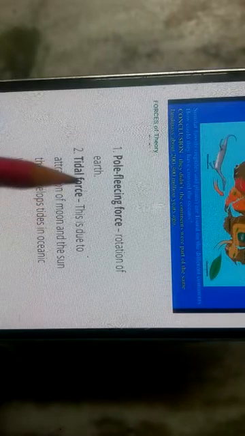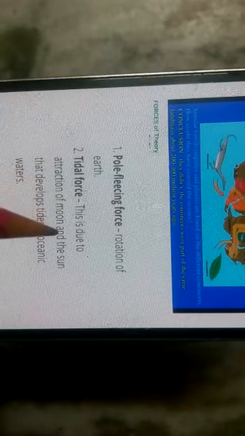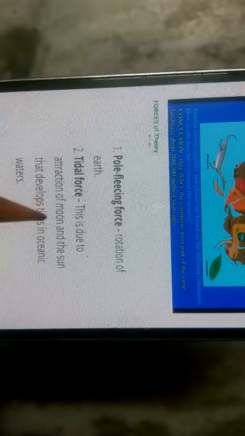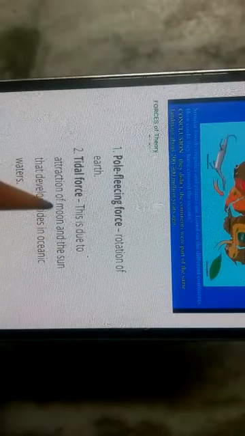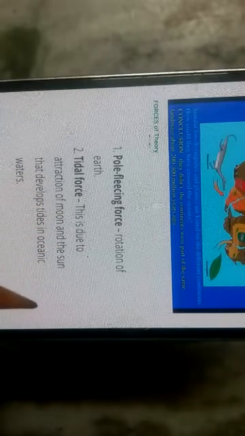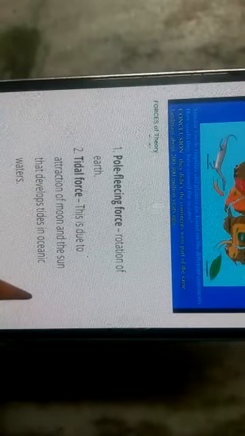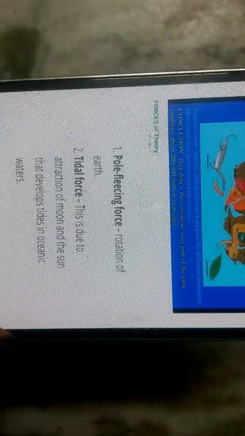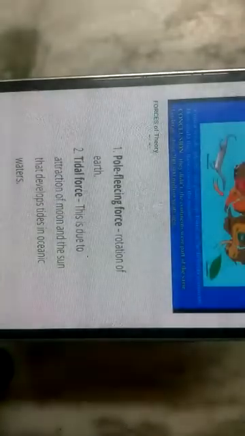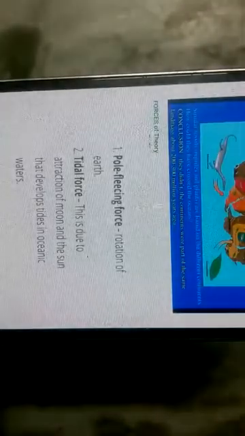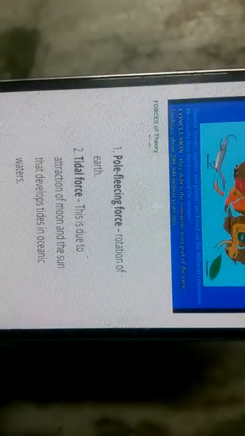And the second force is the tidal force. Tidal force is the attraction power of the moon and sun, in the direction from the center part to the outer part of the earth. So this is the second force that was suggested by Wegener. Due to the attraction of the moon and sun, as I explained, different tides develop, and this cause is responsible. But as you know,